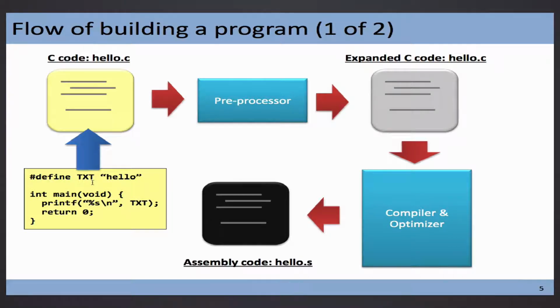The code contains several things. We have the number sign define directives, to define some constants. Later on I will also show you the include file thing. So I want to compile this program, and it will go through the preprocessor, and then go through the optimizer. Later on you will see how a code can be optimized and to which level it will be optimized. Then we generate assembly code. I can teach you the command to generate assembly code, and then we will go to another phase. But first, let's go through these pieces here.